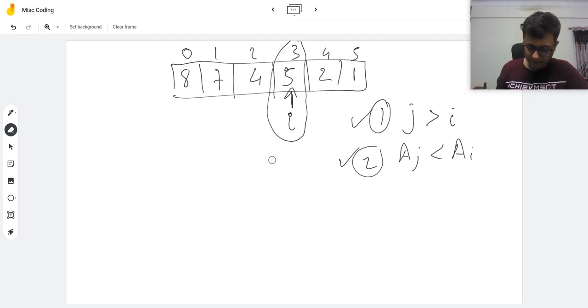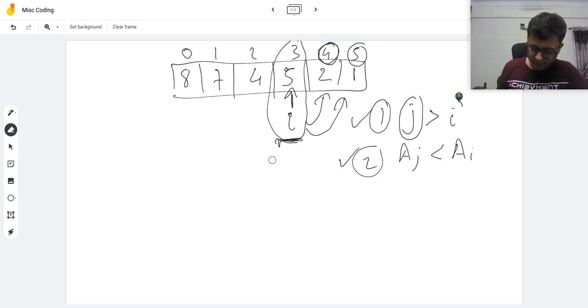So this ith friend can only distribute candies to this one and this one, because the friends at positions 4 and 5 have a j value greater than it. For example, this friend is third in the sequence, so this friend can only distribute the candy to friend number 4 and friend number 5. So that is how the distribution will happen.